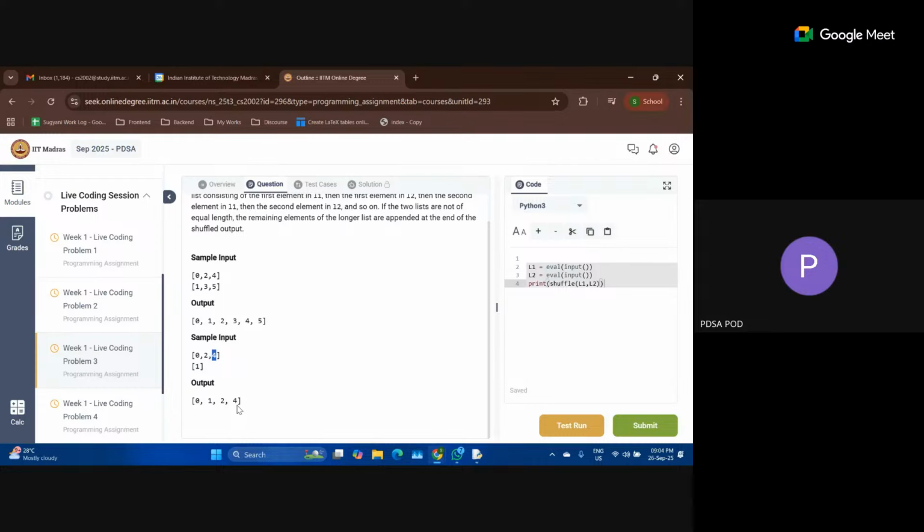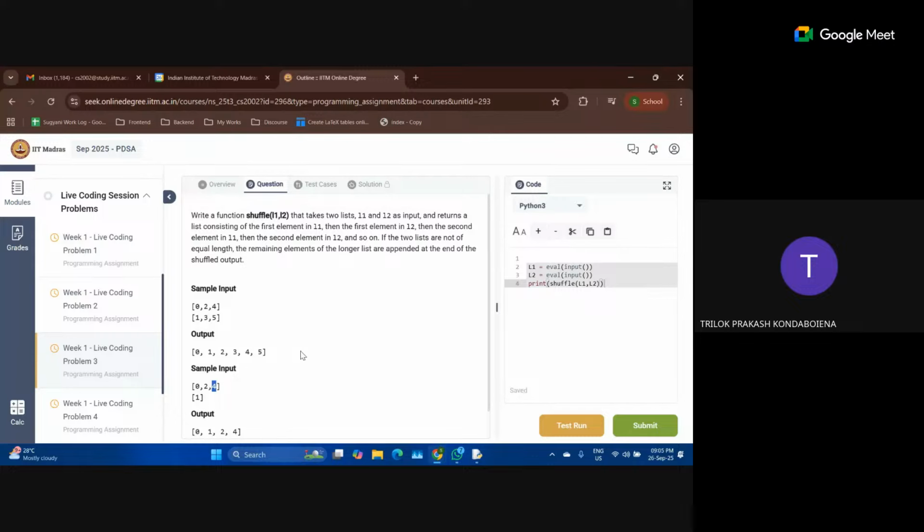Yes, ma'am. Is the problem statement clear? Yes, ma'am. We have to concatenate index wise. Yes, we have to concatenate index wise. The length has to be checked, right, ma'am? Before that, we need to find the length of the string, whichever is least. Yes, that is exactly what we will do.